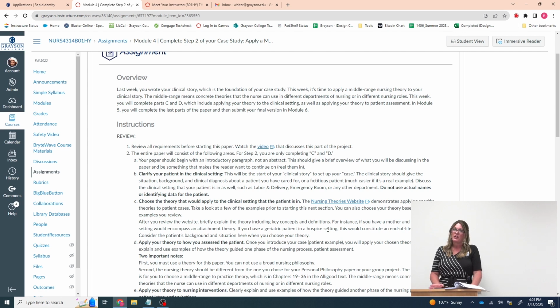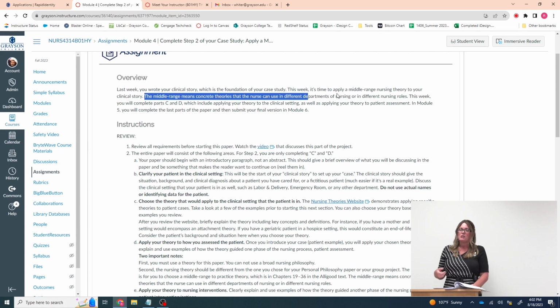And you're going to choose a theory. It cannot be the theory that has been assigned to you for the group project. It's going to have to be a middle range theory, and you'll learn about that in the class. But middle range theories are very practical and very practice-based. So let's say that you use Dr. Nightingale or Dr. Watson for your nurse theorists in your personal philosophy paper. You cannot use them in your case study because they are large, grand theories. They are not